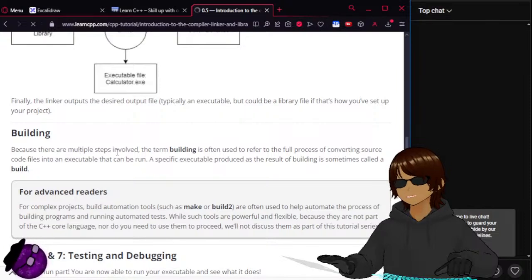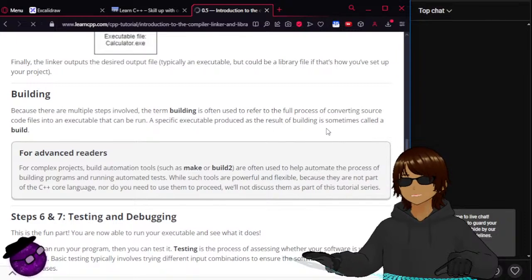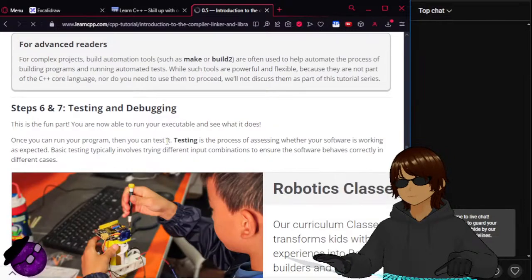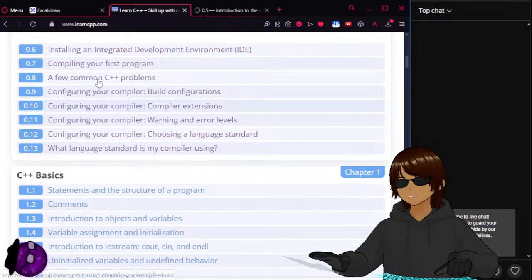Because there are multiple steps involved, the term building is often used to refer to the full process. A specific executable produced as a result of building is sometimes called a build. Okay, then IDEs, and then